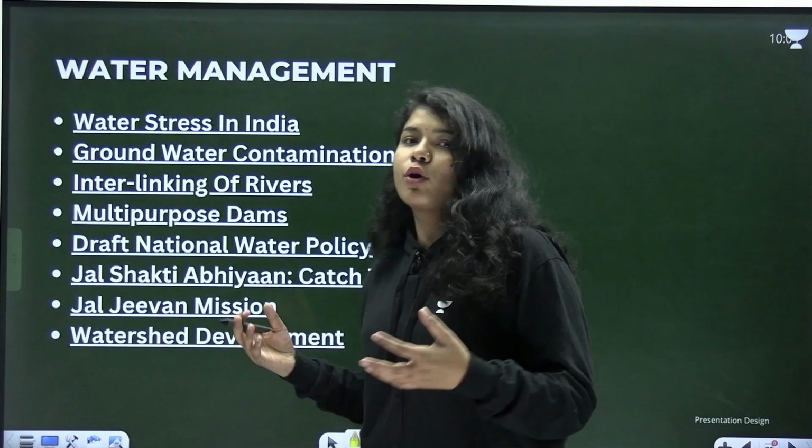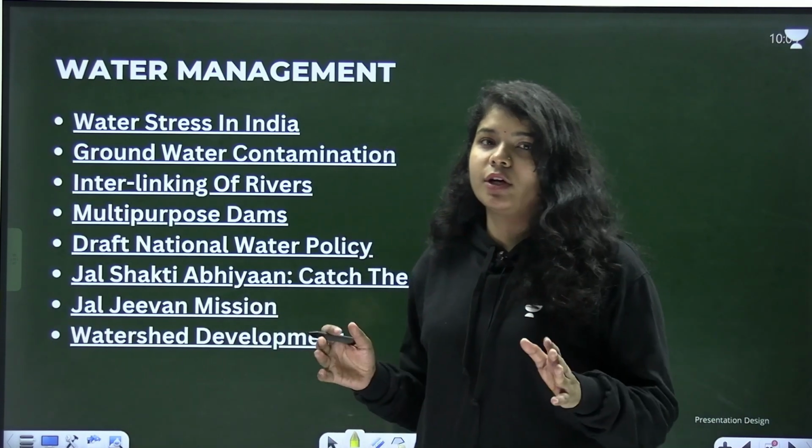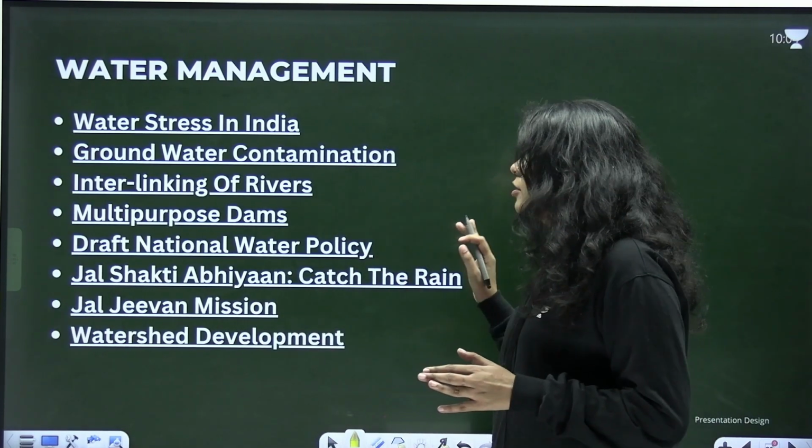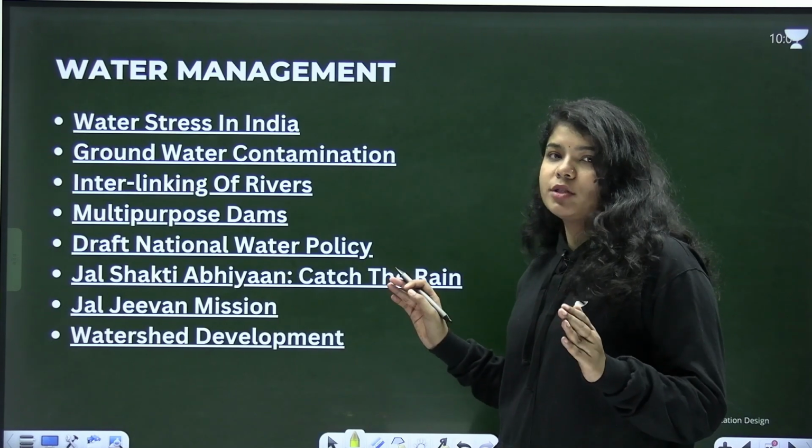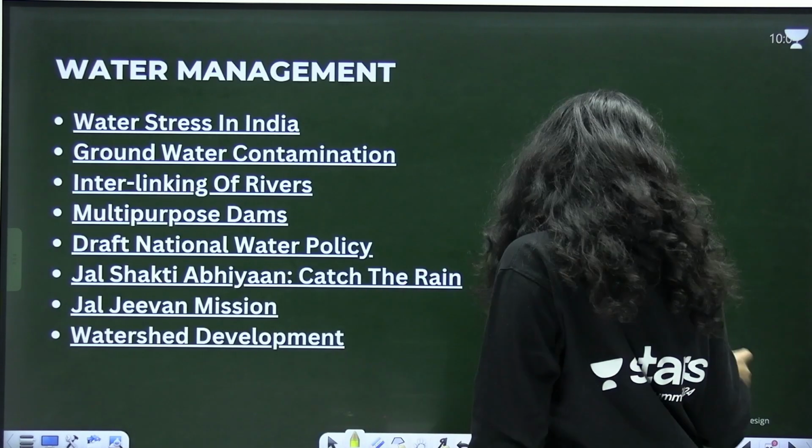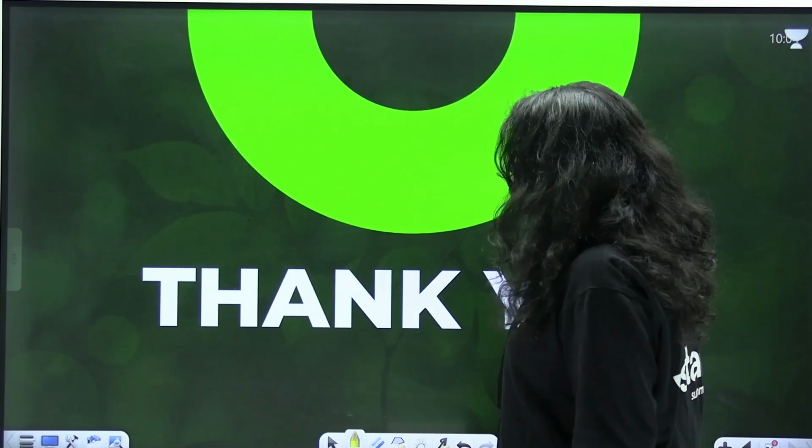Then we are also going to talk about water management in this particular unit, because that is one such prime concern that requires our immediate attention. So why are we discussing all of this? We are discussing all of this for the very fact that we as civil service aspirants must know about the policy, must know about the goals that the government has identified, must know what changes are happening and what harmful or beneficial impact they can have, and hence this paper becomes very, very important.